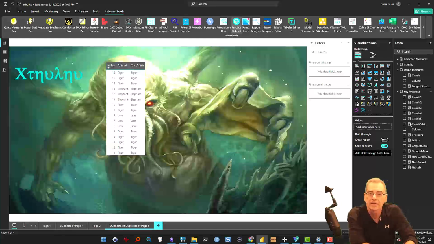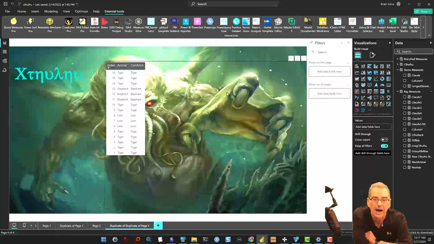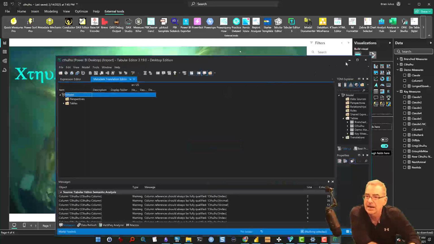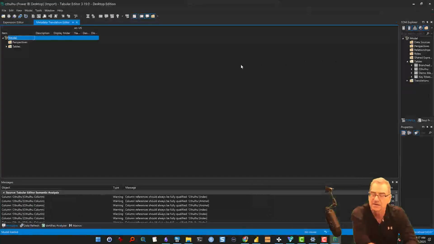If we jump into Tabular Editor, let's open that up from here. I had Claude initially write a C# script to do that, and it took about 10 minutes. It worked flawlessly, and